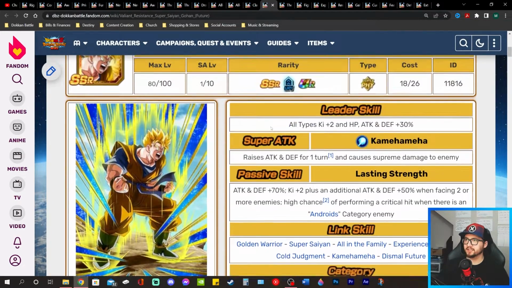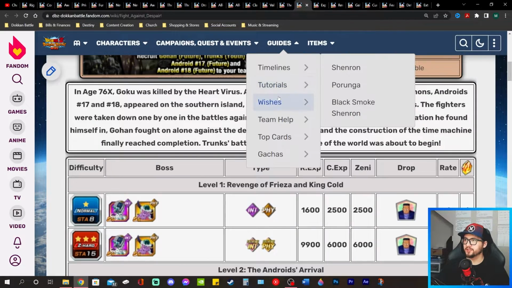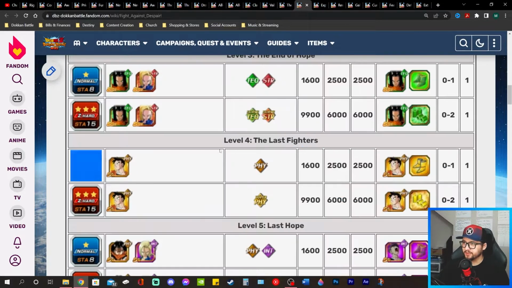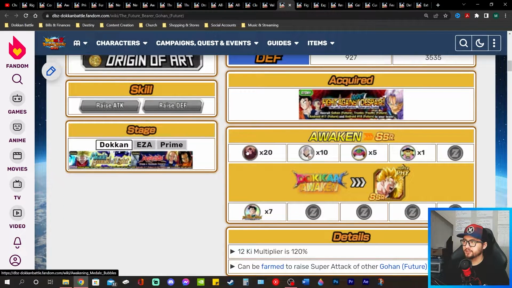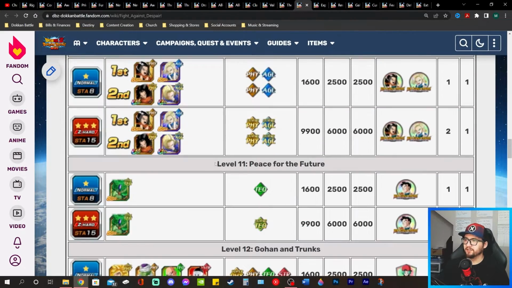And then the next and fourth unit is this Super Saiyan Gohan Future, who can be farmed in this story event, Hope Fight Against Despair. The unit can be farmed in level 4 of this story event, and then you will want to Z awaken him to an SSR with 20 bubbles, 10 Mutaito, 5 Elder Gurus, and 1 East Kai. And then you will want to Dokkan awaken him from his SSR base form Gohan to an SSR Super Saiyan Gohan. To awaken him, you will need 7 of these medals, which can be found in level 11 of this